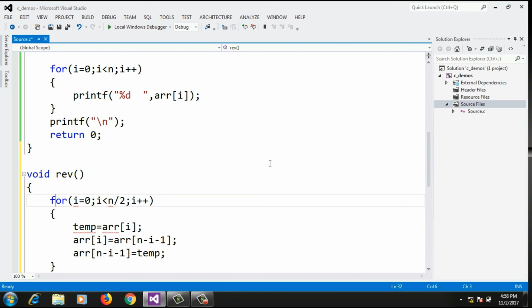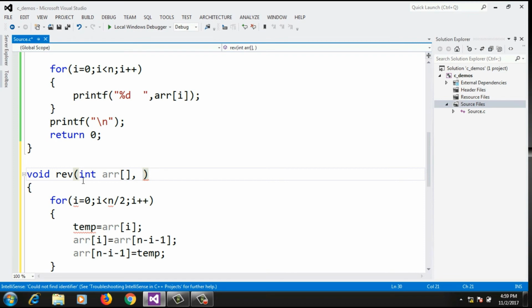Now what I need to do, the array is declared inside the main and the values are accepted from the user in the main function. So I need to pass this array to this function from the main, and other local variables I need to declare here. So here I will receive array, int asterisk arr. Now you know how to receive a 1D array in a function, either using subscript notation or pointer notation. I am using pointer notation. You can also use subscript notation if you want, it will be like this. So anyways, you can use anything.